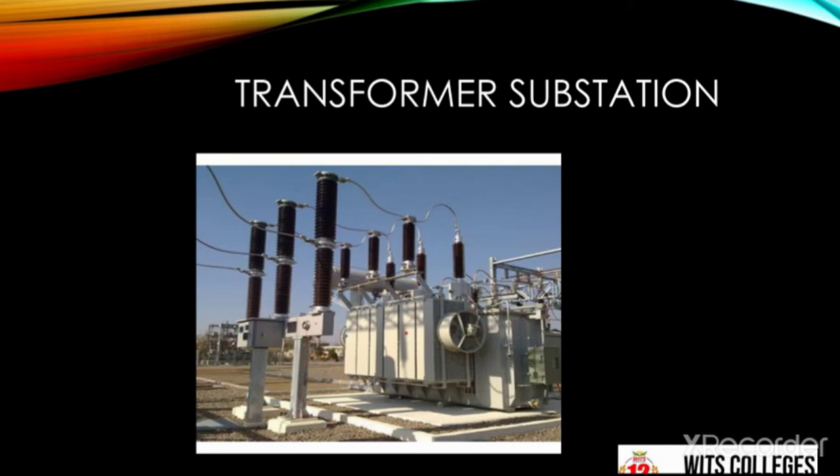So first of all, step down substations will take the power from the high voltage lines, and after that it will transmit it to the main step down substation. From which, after the reduction, it is fed to the local substations where the last stage of transformation is